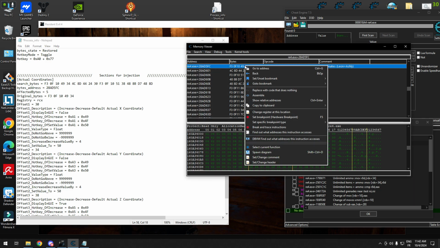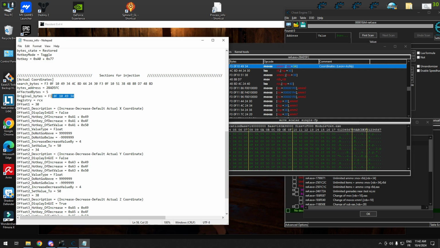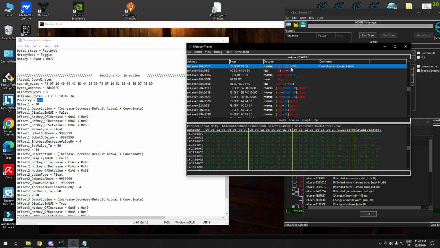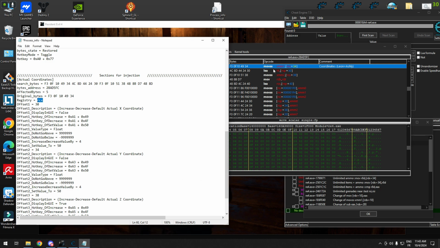The original bytes, the same thing. Copy this. This is the original bytes only. Copy and paste it here. And the register, you must write the register that you want. Basically, this is the register that contains the addresses of XYZ. So the RCX, write rcx here, in lowercase, please. A register is always in lowercase, whether R8 or RCX or RSP. Anyway, I assume you understand. And use the offset that contains the